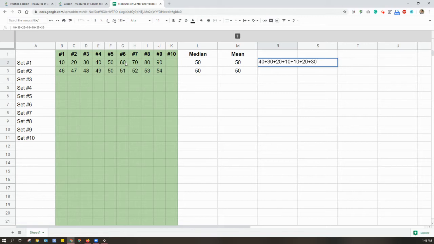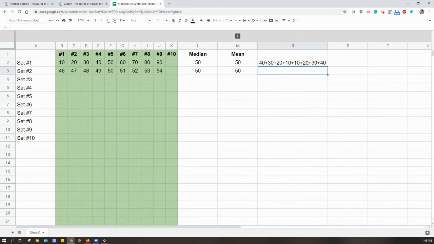And the next number is 30 away. And the next number is 40 away. So I'm going to add all those together. I'm going to calculate what that says right there. So I'm going to say equals, because when I have a spreadsheet and I want it to calculate something, that's what I do. And so when I go ahead and I write this in here,